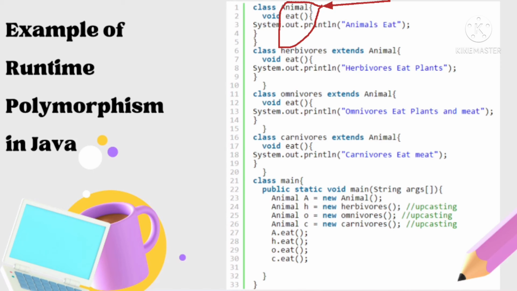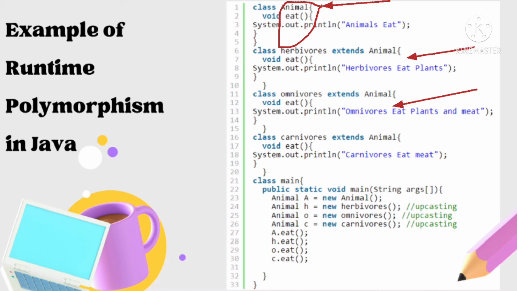There is another class herbivores which extends animal class. This class overrides the eat method of animal class, and this eat method prints herbivores eat plants. Same, there is another class that is omnivores.